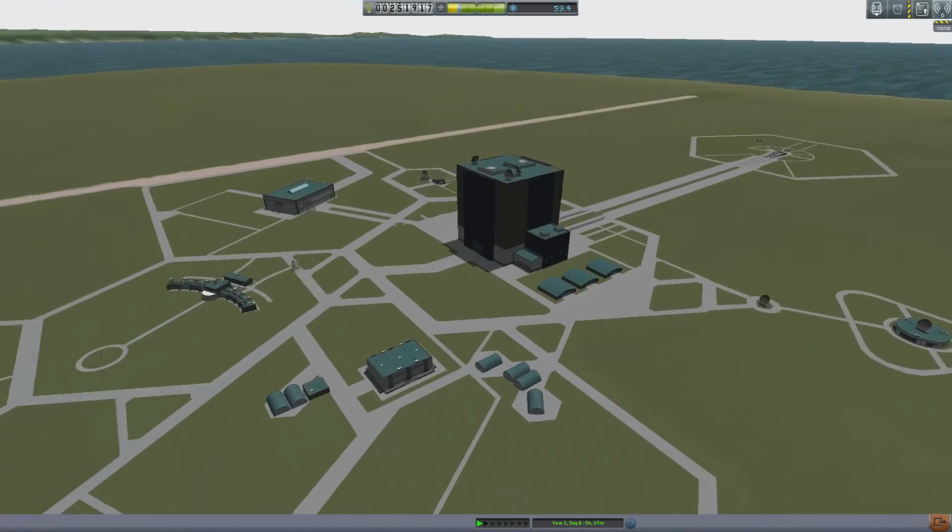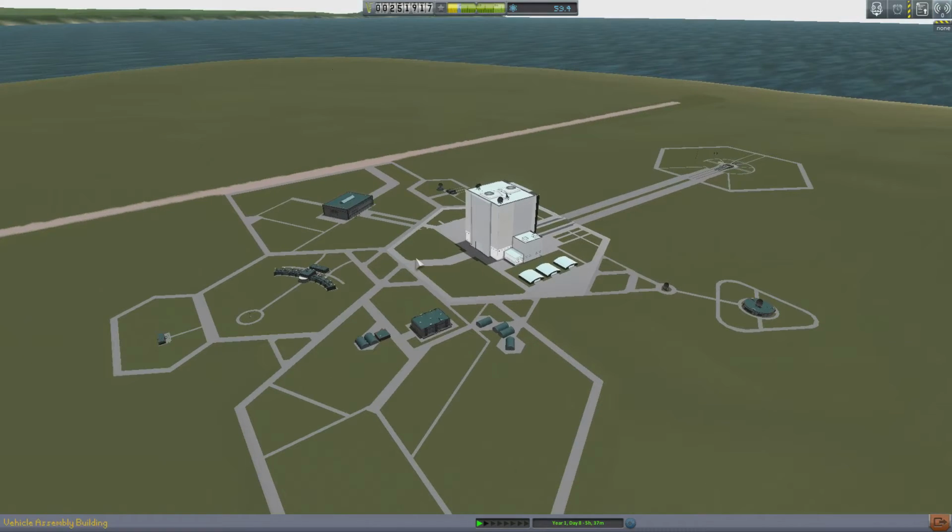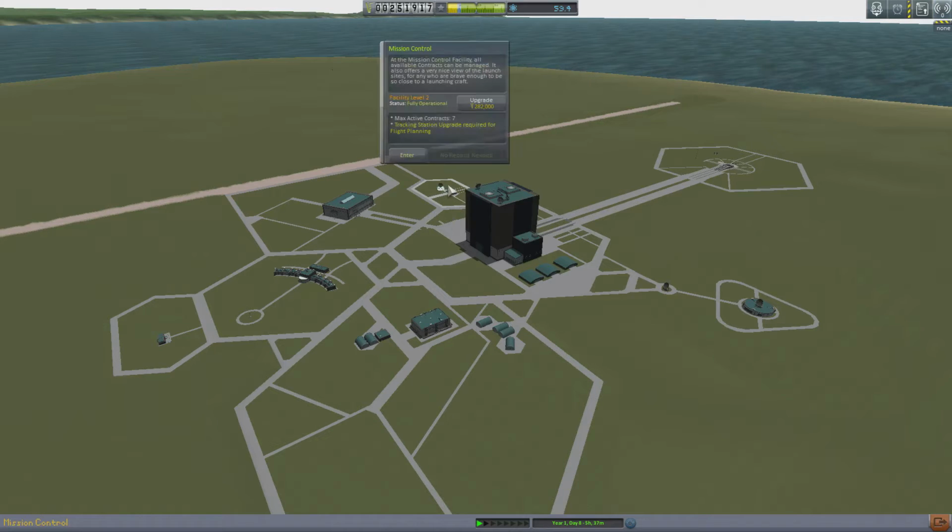So we can fulfill a tourist orbit contract in one go. There's no need for these multiple flights if their job is to just orbit and do a suborbital. We can do it all in one go. That also means that if we just go to our contracts,